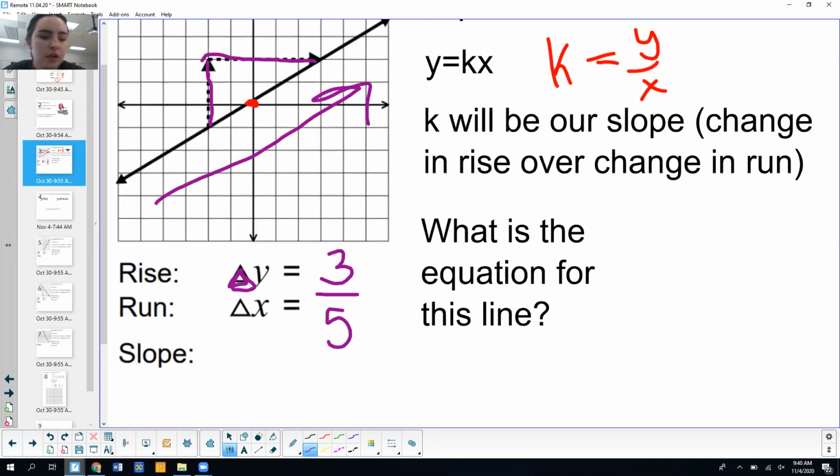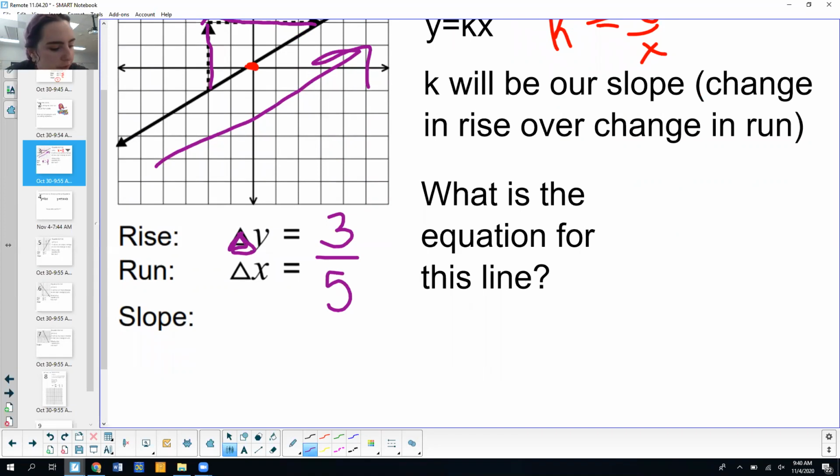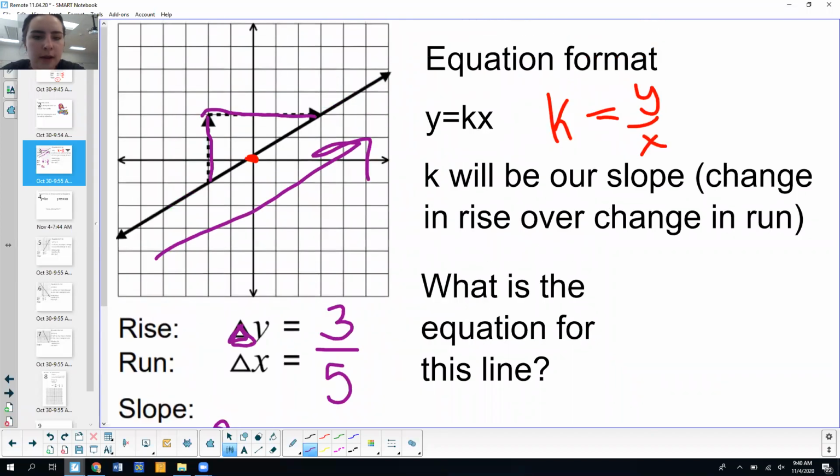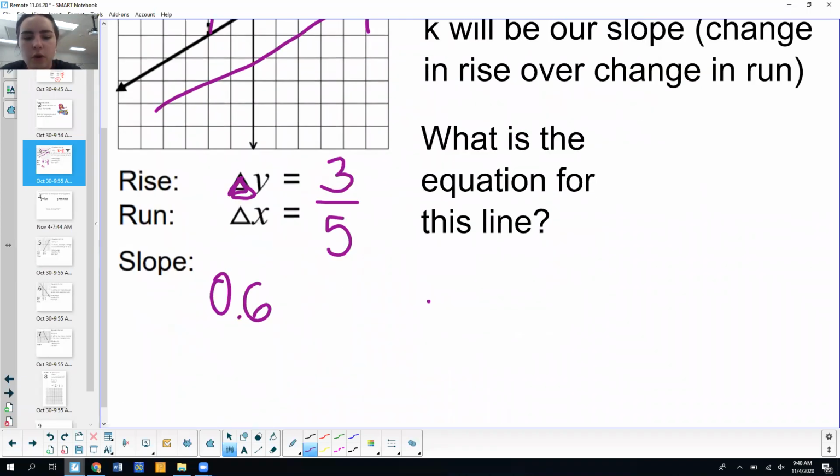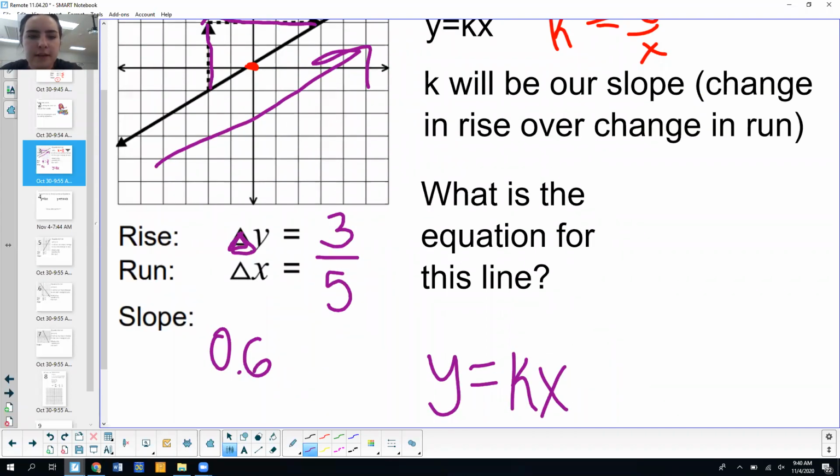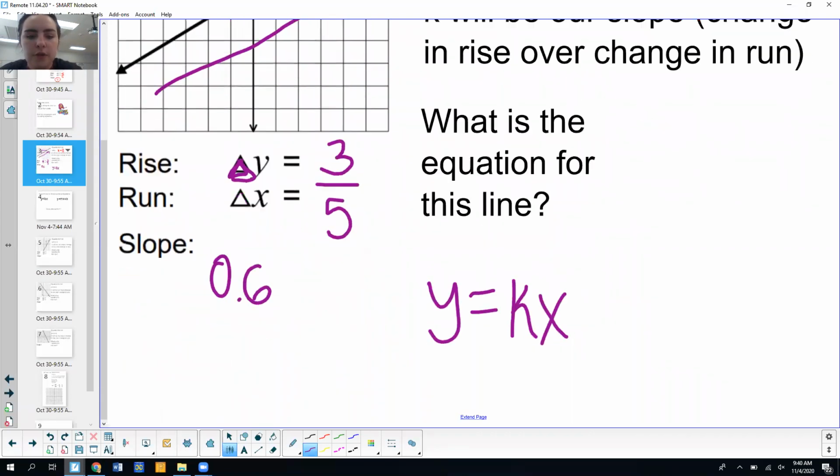That just means change. So our slope is going to be 3 divided by 5, or 3/5. We can go ahead and simplify that and put 0.6. So our slope is 0.6. So to put that into this equation format, we're going to do y equals kx, remember? And for this sake, we're going to say that k is our slope. So y equals